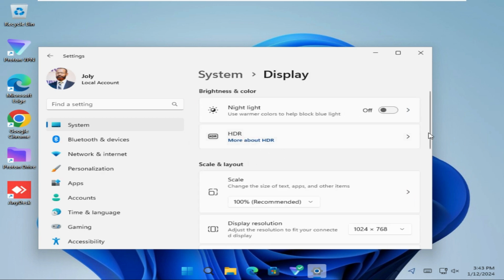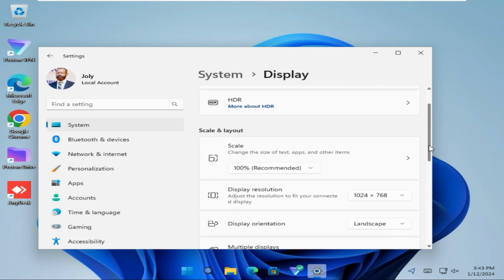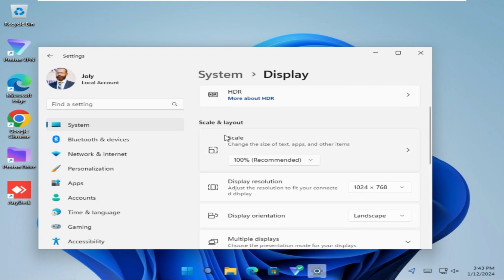Here in Display you will find an option Scale. Change the size of text, apps and other items. And 100% is recommended. You will find a drop down menu here. Click on the drop down menu and you can change it to 125% here. Just click on 125%